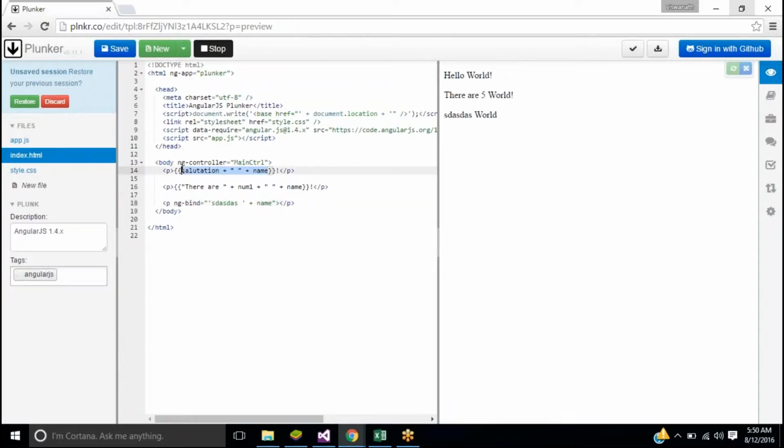So this is what expressions are all about. You can put whatever text you want, combine them, and use the mustaches and ng-bind interchangeably. That's about expressions.